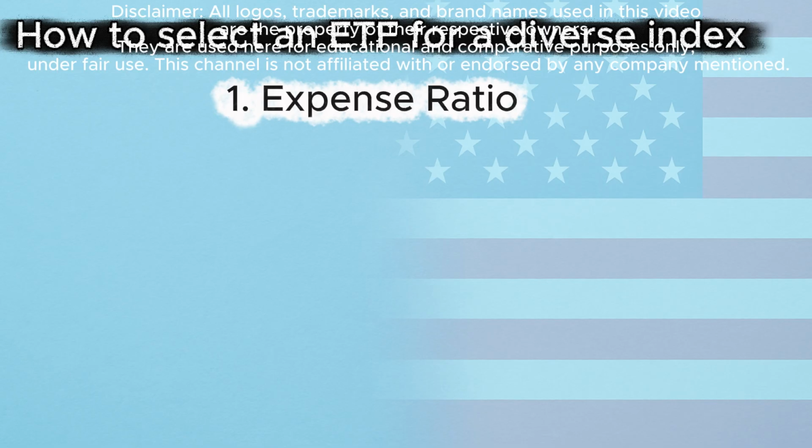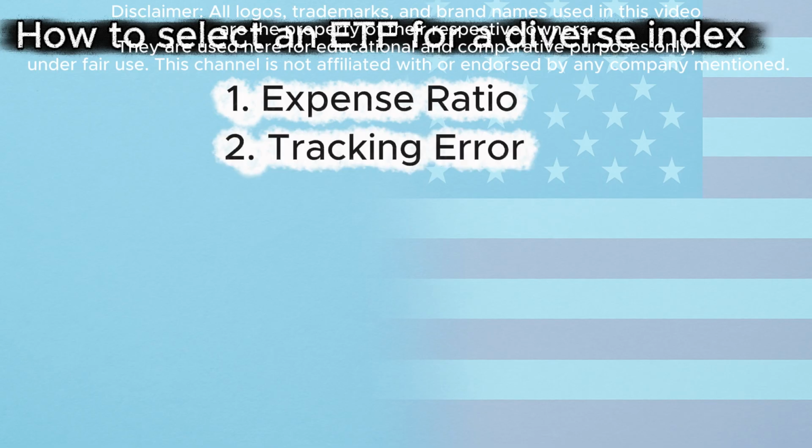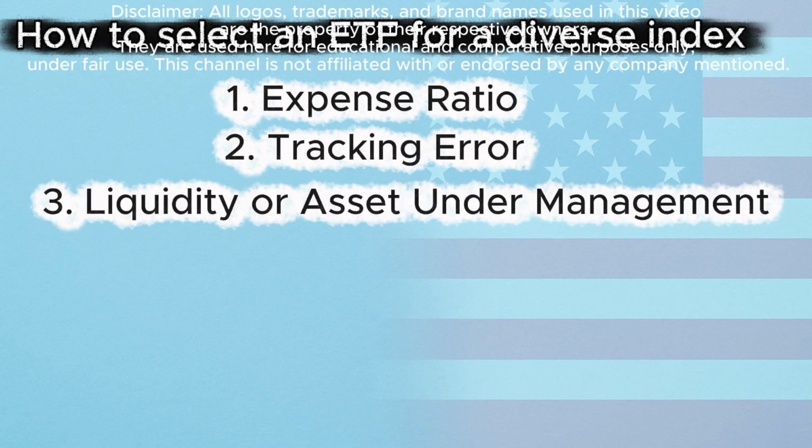There is a concept called tracking error: how well the real market follows the index. For instance, in the market of ETFs, some funds lag their benchmark due to fees or poor management or execution issues. We have to look for funds with consistently low tracking error. Next criteria is liquidity or the assets under management. The higher the assets under management, the more stable they are, with lower spreads and better arbitrage.